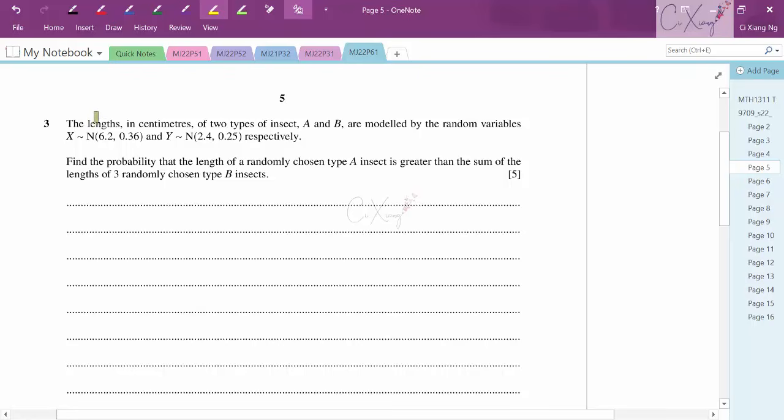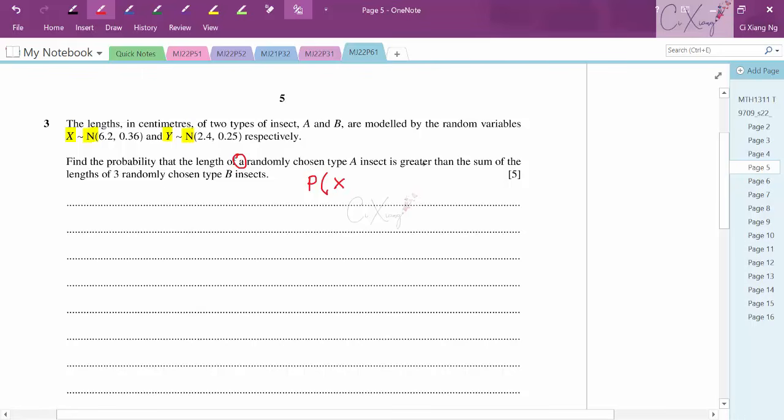Okay, question number 3, we are having the length in centimeter for two types of insect, and then they are modeled by random variable x and also y. So both x and y, you can see that they are normally distributed. Okay, so they want us to find the probability that, if you want to translate the sentence into symbol, generally it should be find out the probability. So this is P. A randomly chosen type A means that there is one insect from type A, which is the